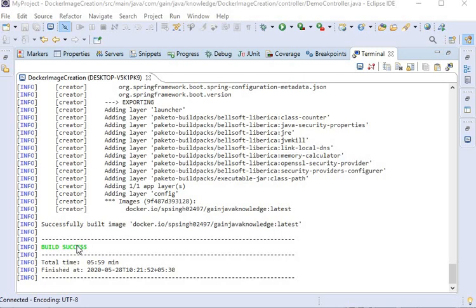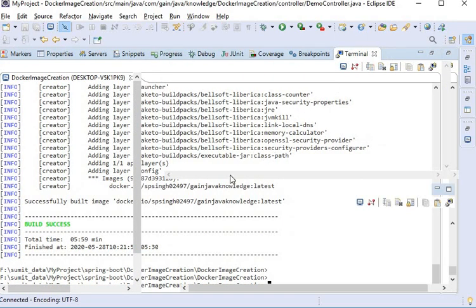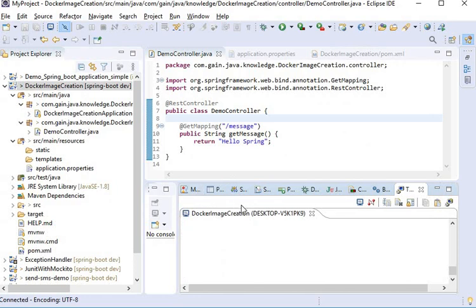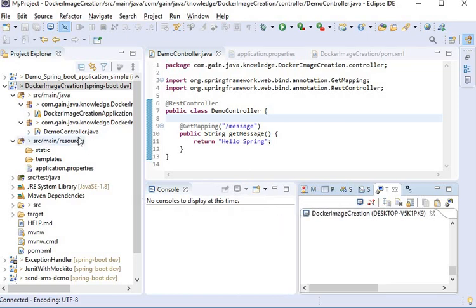Now we will test this Docker image. Before testing this Docker image, I will go to my remote application that I have created. First I need to start this so we can see the changes.